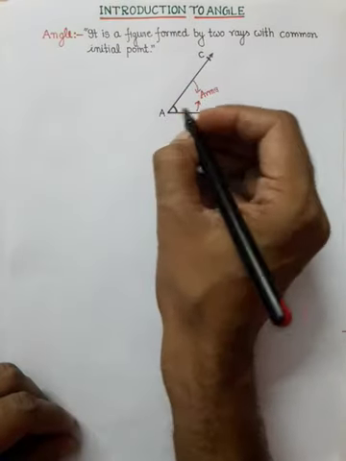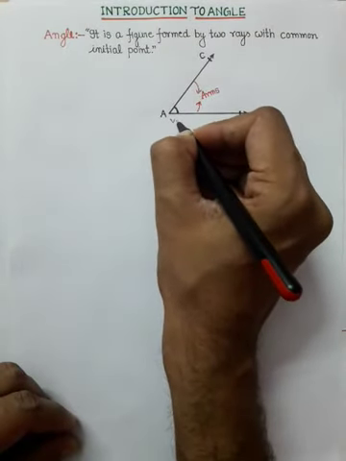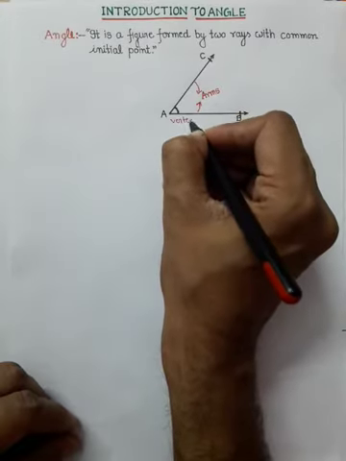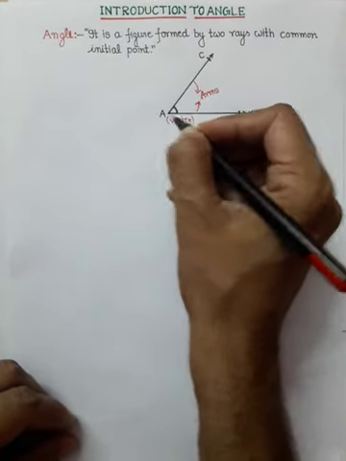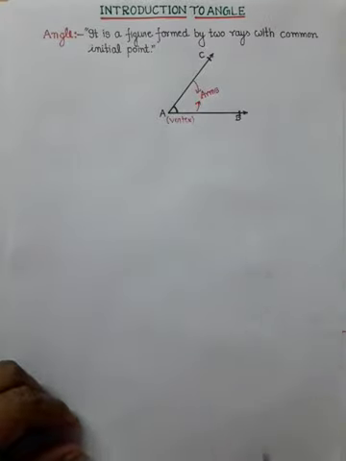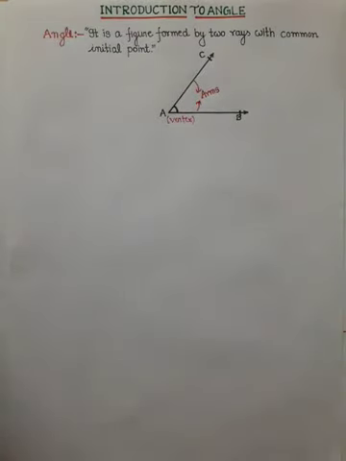So we will see this with a diagram. This one is the diagram of the angle. Here we are watching that the two rays, AB and AC, are forming an angle. The rays are known as the arms, and the common initial point from which the rays are initiating is known as the vertex. So point A is the vertex, and AC and AB are the arms. The two arms are forming the angle.